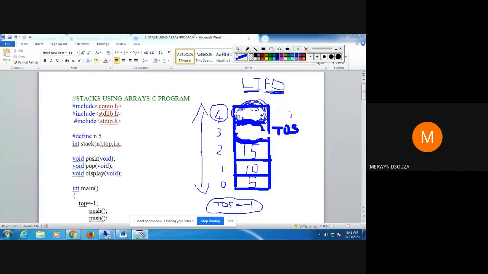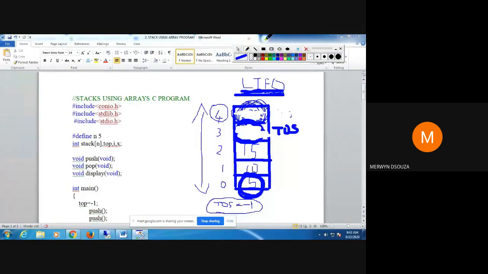The first element pushed on the stack was 5, so that will be the last element to be deleted. That is why it is known as last in first out: the last element inserted is the first element deleted.